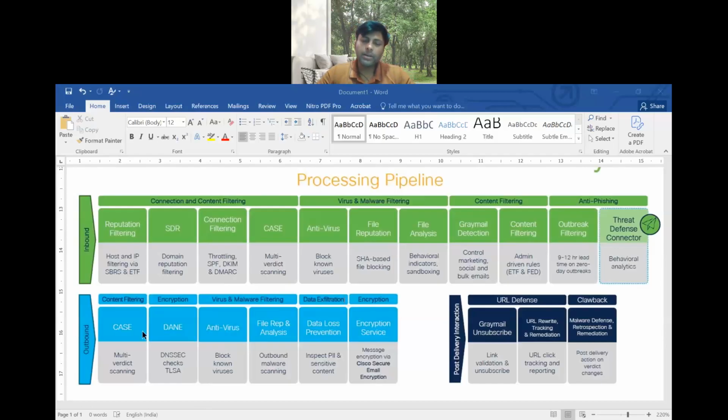Before delivery, the appliance scans the email for DLP policies. For example, if your organization is concerned about data security and you have applied DLP policies for inspecting sensitive information,